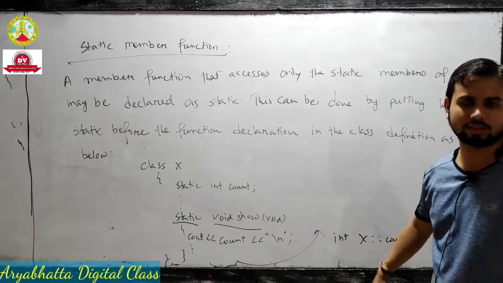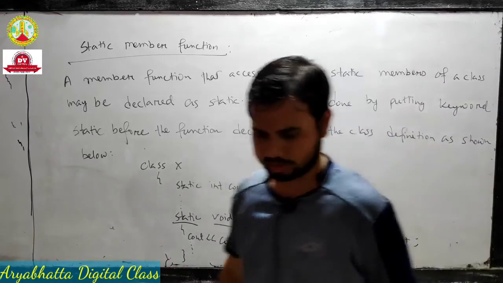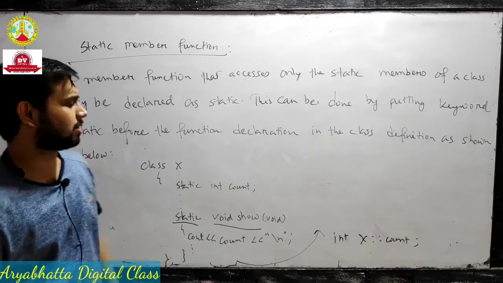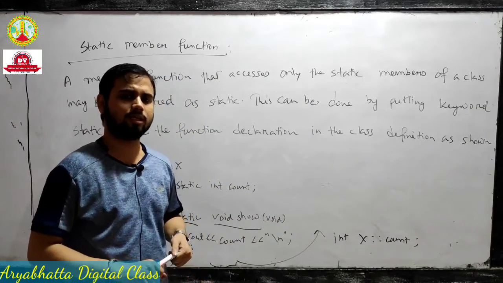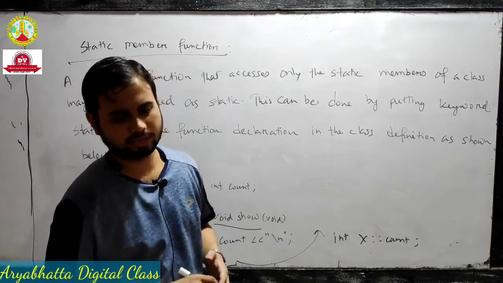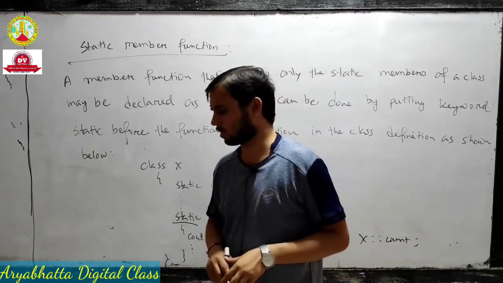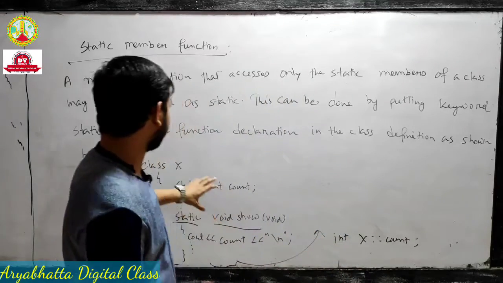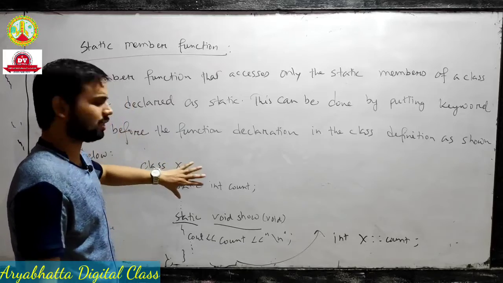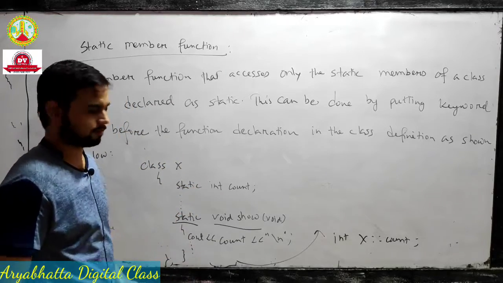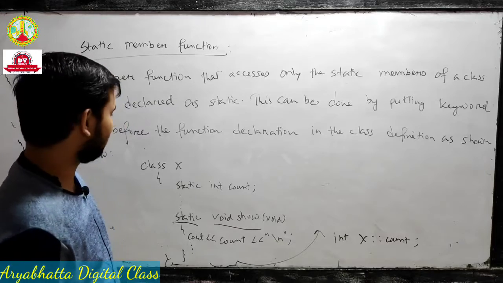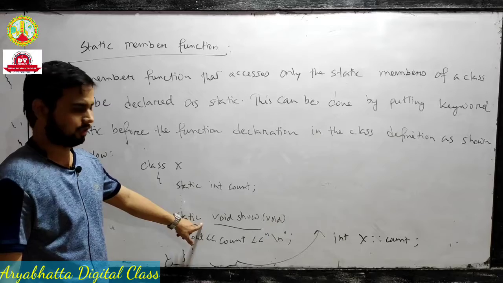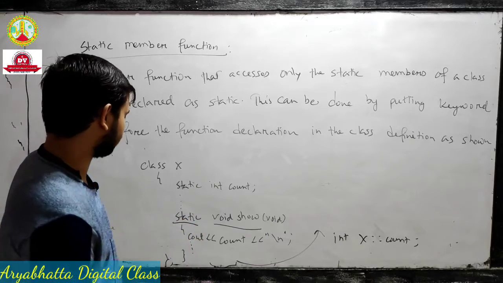Int x, for x is the class. Basically, what you understood is that static class member means static data member, and static member function is used globally, and this is required for some special purpose. When we do programming, you will understand clearly. It will be declared outside the class, actually within the class but outside the main function. Means it will be declared globally, and we must put the keyword static. This will be the essential part.